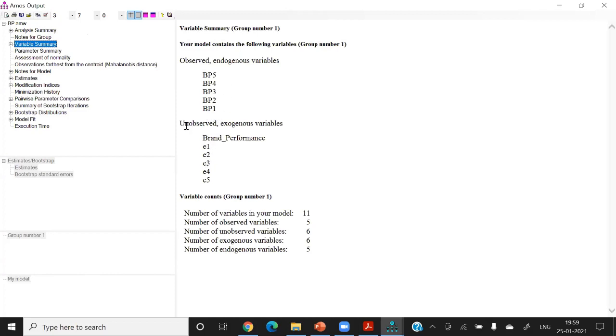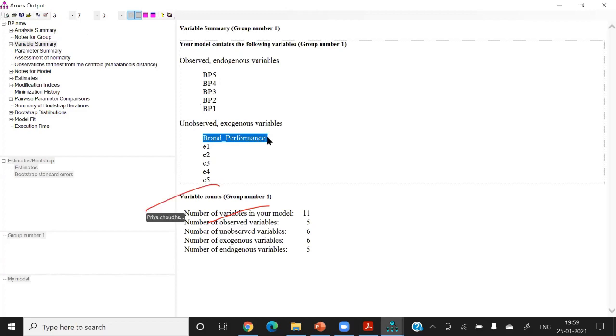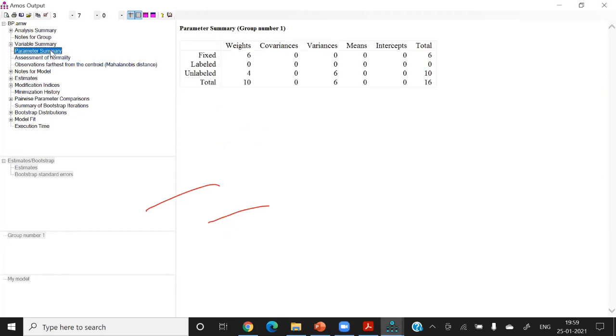Unobserved means this is a construct, so it is unobserved. And this is the error term. These are the error terms. You can see. And okay, and after that, parameter summary. So parameter summary is a mathematical term. Now see the normality.